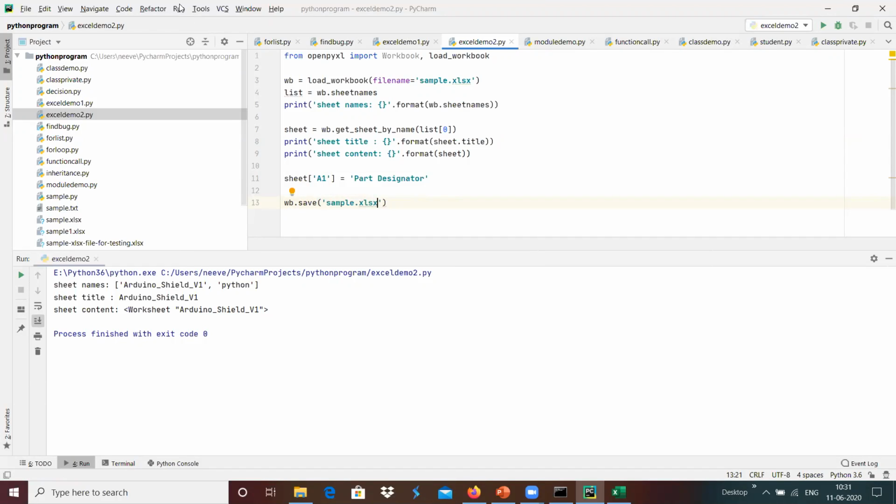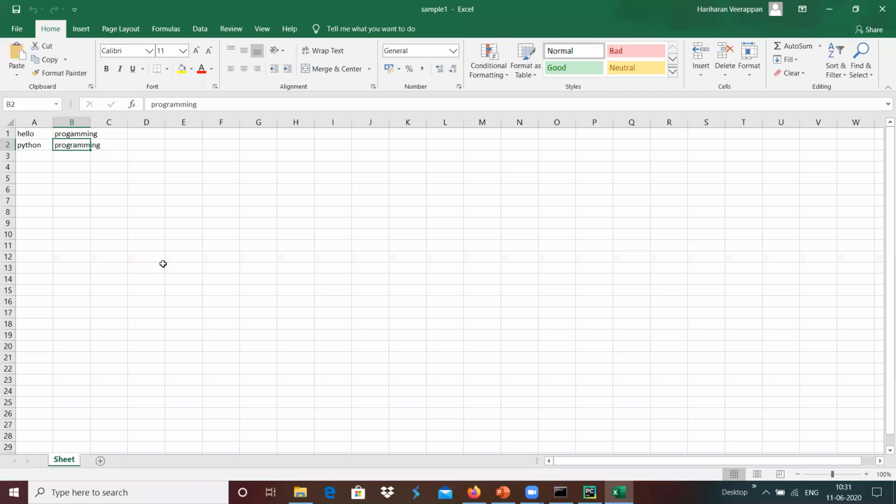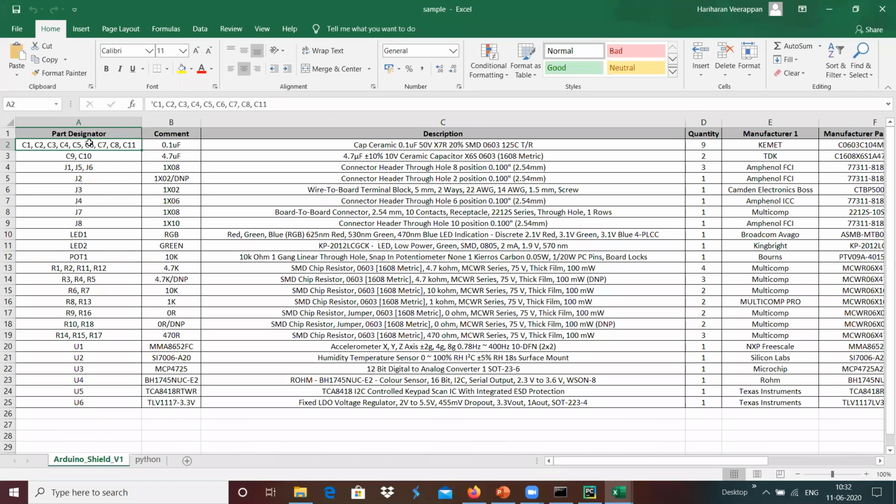And once we run this demo, yeah, it got updated. If suppose we open the file again, it will have the information: instead of designator, it has been changed to pot designator.